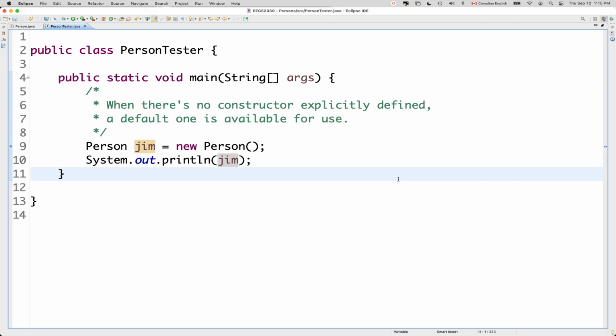It's useless because it doesn't do anything to initialize the attributes. So what should we do? Let's create some customized one. User-defined or programmer-defined constructor. So what I will do is I'm going to go back to the person class, and